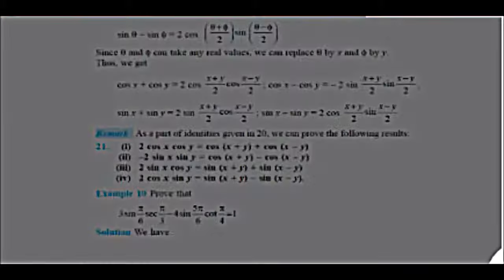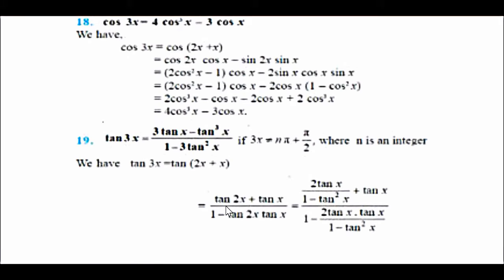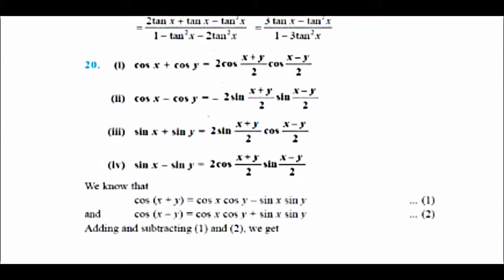This we have already seen. So what we can get from here is this expression. For tan 2x, you can write 2 tan x by 1 minus tan square x. This also we know by now. So now, combining them, you can get the result as 3 tan x in the numerator and 3 tan square x in the denominator. So the final answer would be 3 tan x minus tan cube x by 1 minus 3 tan square x. This is what you can get.